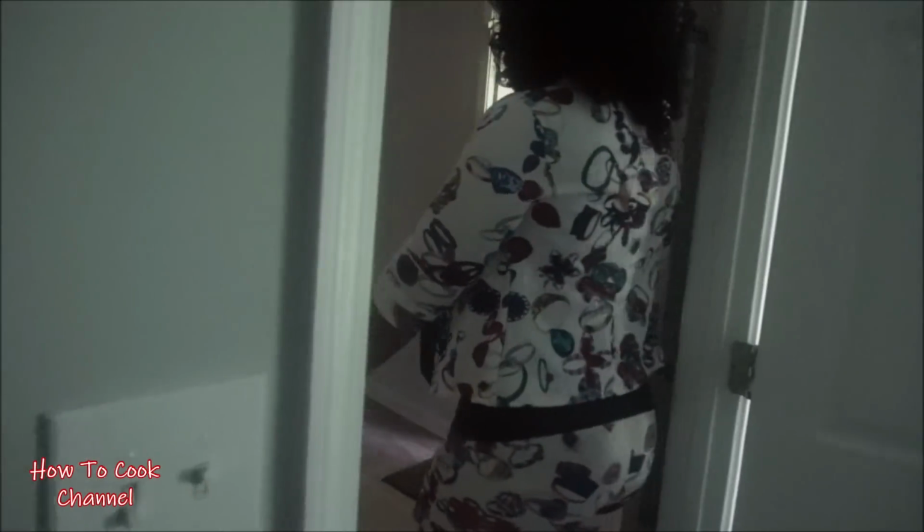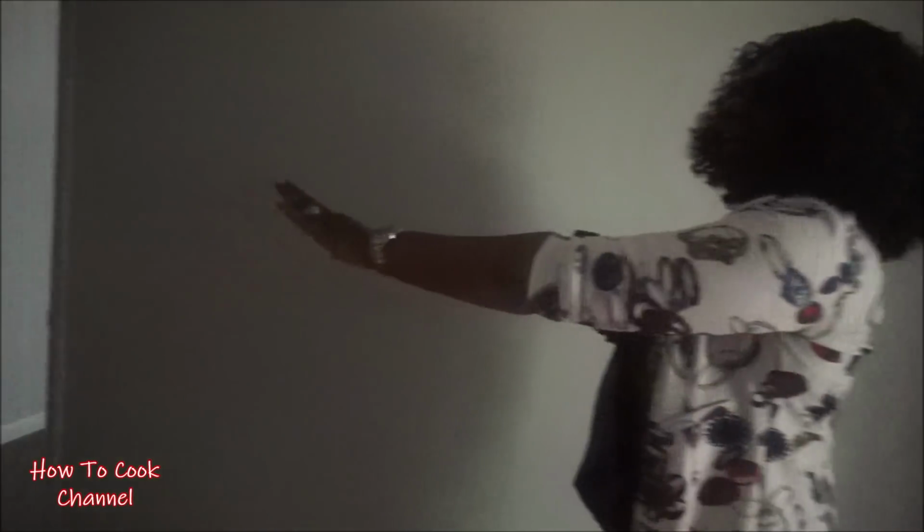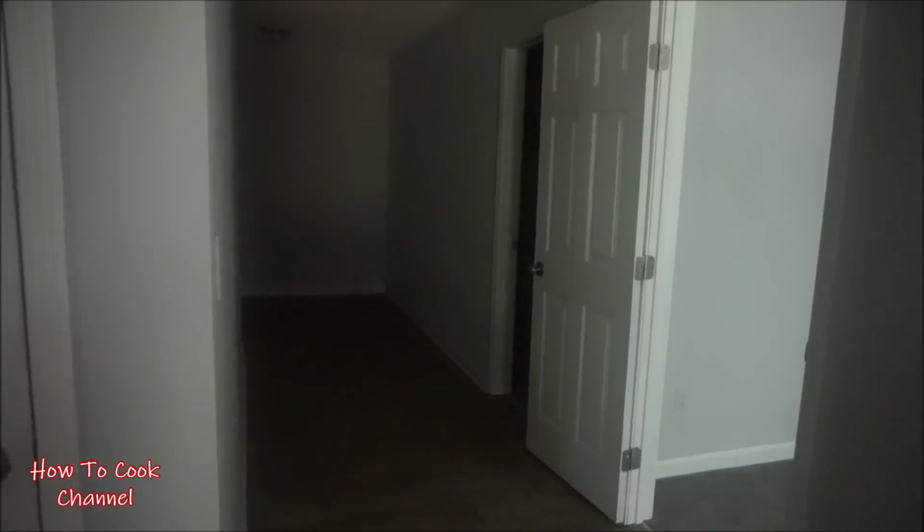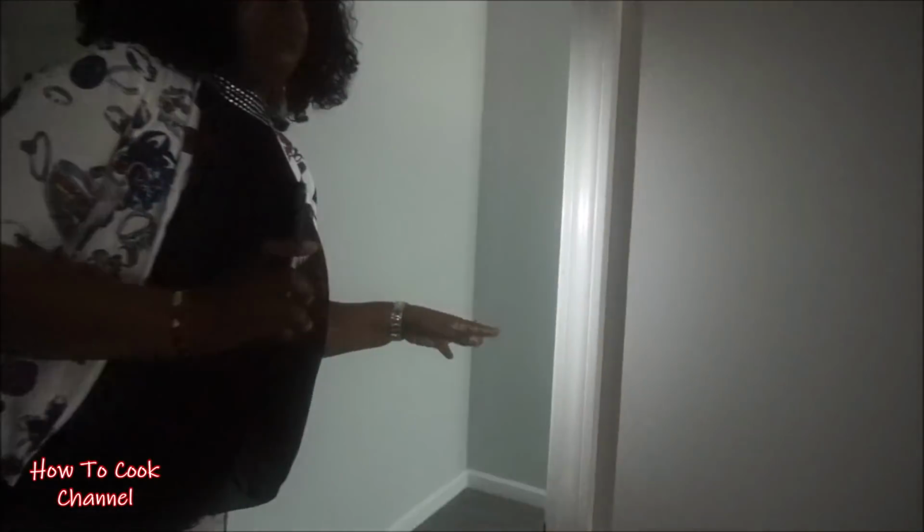And we're gonna come this way back. Alright, so this is the bedroom. And this is the loft here for the downstairs. That's the hallway right here. And over there at the far end is the bar section. Alright, so it's pretty big down here. Pretty big. Alright, now I'm going to take you guys outside